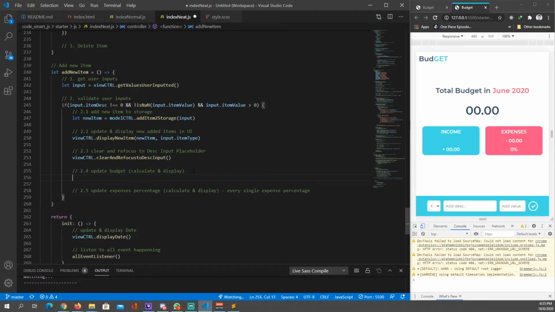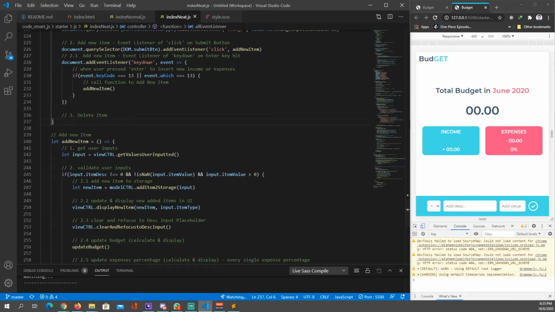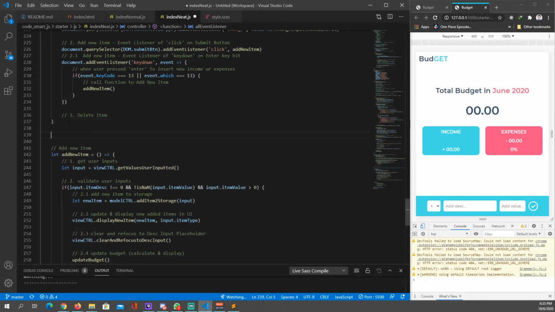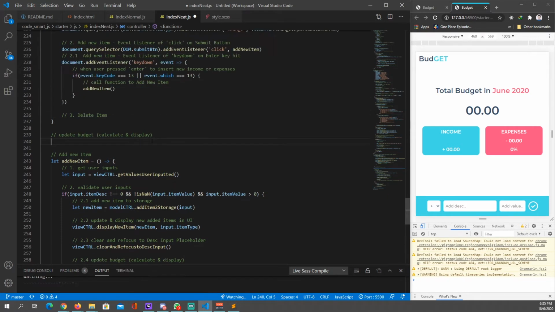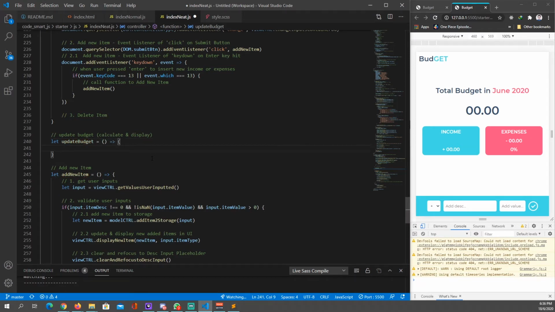Then the next thing that we need to do is update our budget, calculate and display. So in here, we're going to declare a function up here to update budget. You just copy all of this, copy to the update budget. So inside our let update budget function, what we're going to do first, if we go back to our index.normal.js,